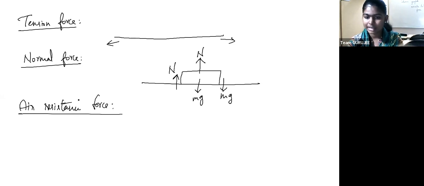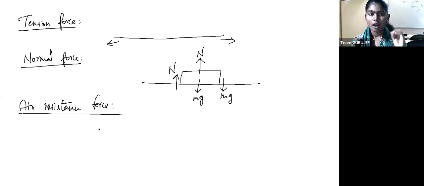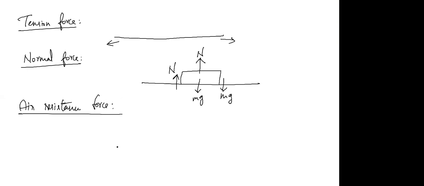And where can this be crucial? Any idea for this? Ma'am, in planes, ma'am. Correct, exactly. In airlines or in rockets, in rocket science. Those are the places where this air resistance force plays an important, major role, because all the factors they design in aircraft are to resist this air resistance force. In fighter jets, if you have seen, have you heard about fighter jets? Yes, ma'am. Right, you are familiar with that.